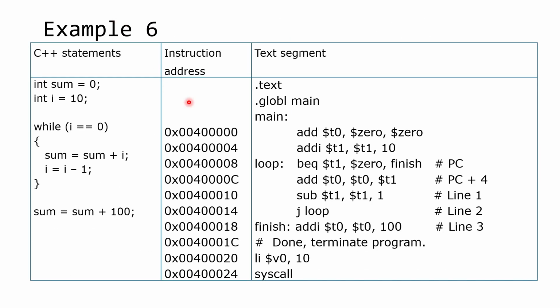Okay. Now, in the example here, I have the while loop. While I is equal to 0, then sum is equal to sum plus I, and then I minus 1. Here, the count is minus 1, right? Okay, and then we will repeat back again until I is not equal to 0. Okay, so I is not equal to 0. Then